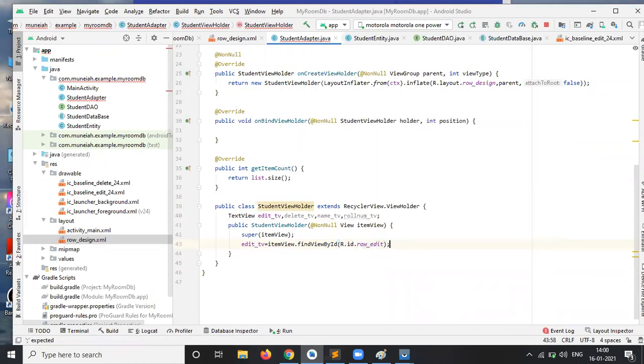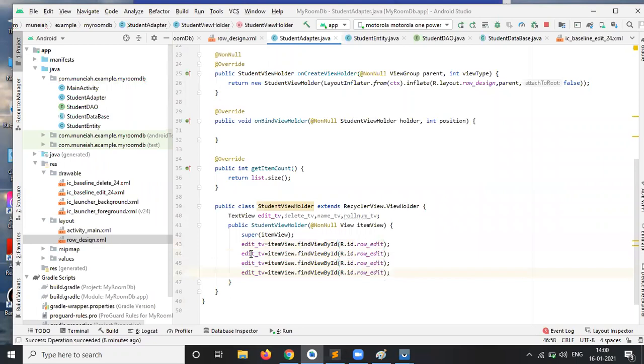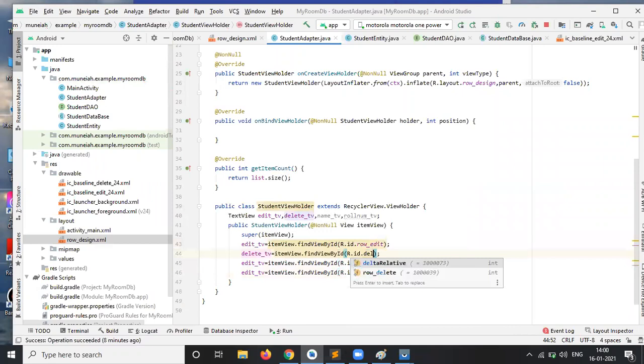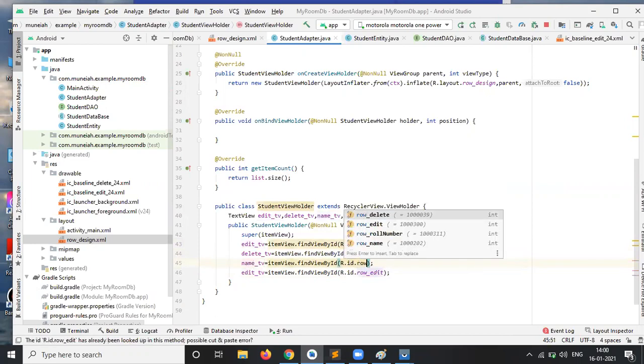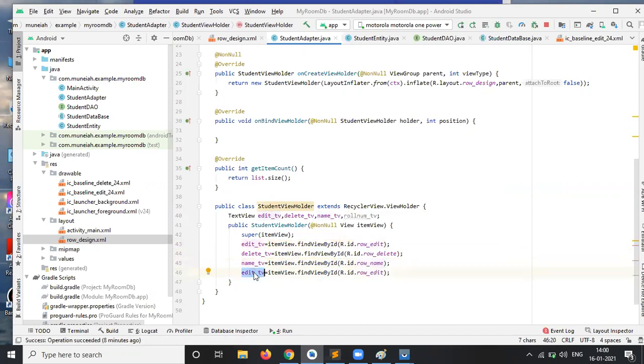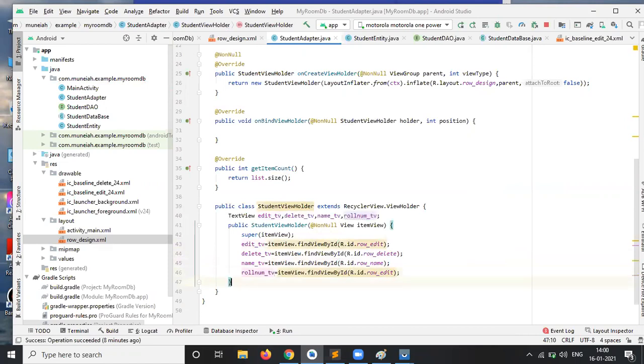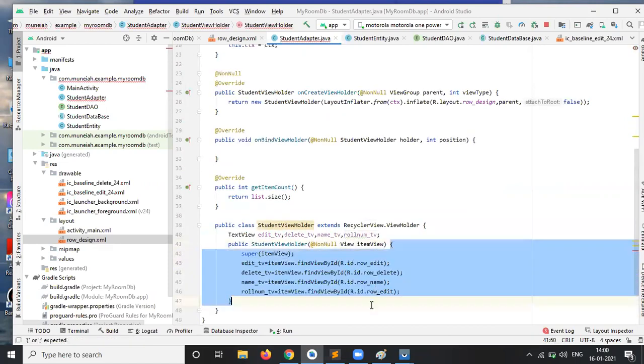In the same way, you can call the remaining items. So deleteTV, row_delete. Okay. So nameTV, row_name. The last one, rollNumberTV, row_roll_number.